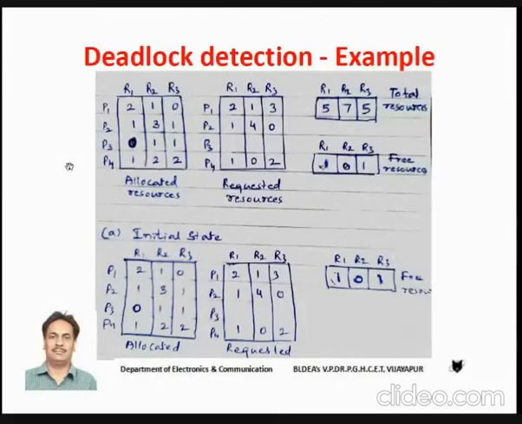Good morning, students. In the last class, we discussed the concept of deadlock, the conditions which cause deadlock, and also how to represent resource allocation states to a process. So basically, as we discussed, deadlock is the situation where none of the processes will be able to continue its execution. In today's class, I'm planning to take up the topic deadlock detection.